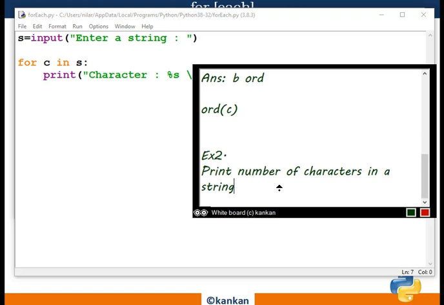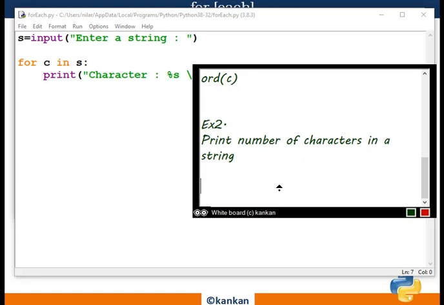So for this type of validation, you need to generate this type of logic using Python. So code it. What will be the code?